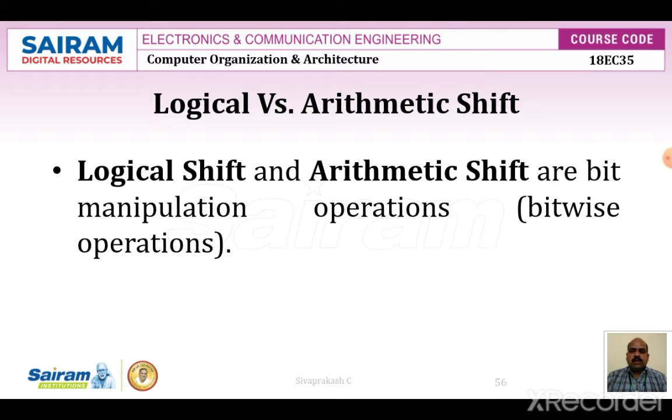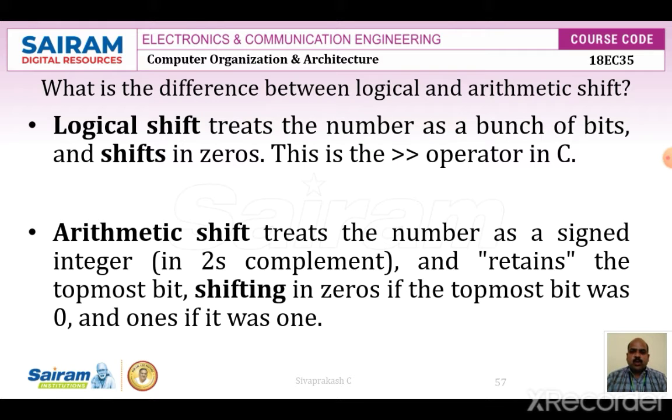What are logical and arithmetic shifts? Logical shift and arithmetic shift are bit manipulation operations done with bitwise operations. What is the major difference between them? A logical shift treats the number as a bunch of bits and shifts in zeros, as seen in the shift operator in C, whereas the arithmetic shift treats the number as